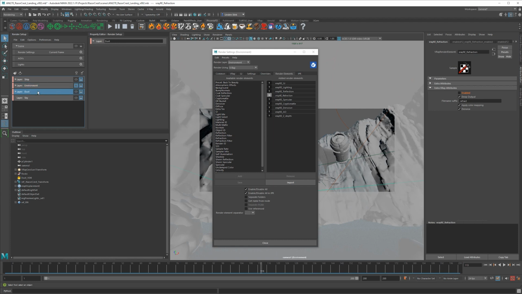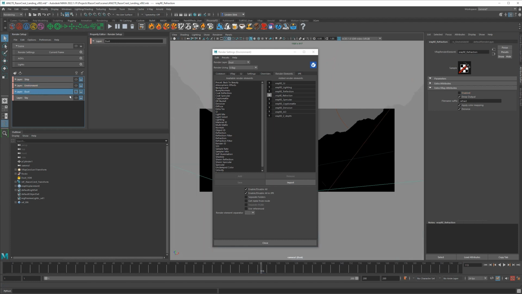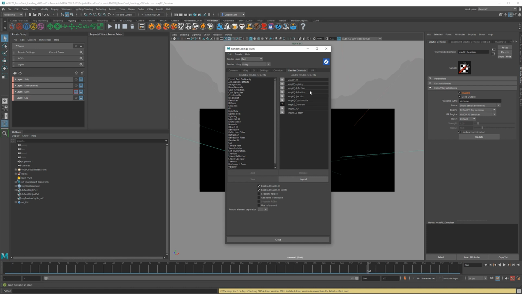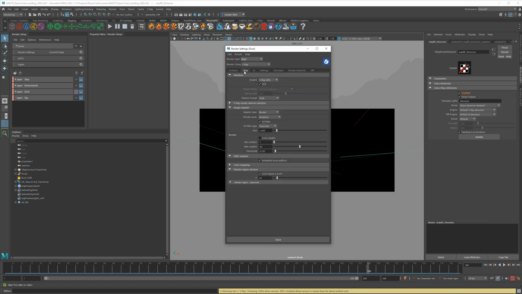We also need to make an adjustment on our dust. So let's go to our dust layer. And for this, I did want to enable the denoiser for our dust layer. So we're going to select the denoiser pass, right click over enabled, create an override for it, turn that back on. So to properly test the denoiser, we want to go back to our V-Ray tab, and then we need to lower our threshold to something a lot more reasonable.